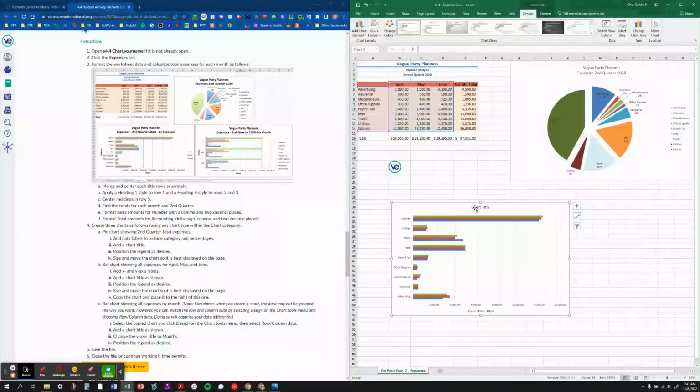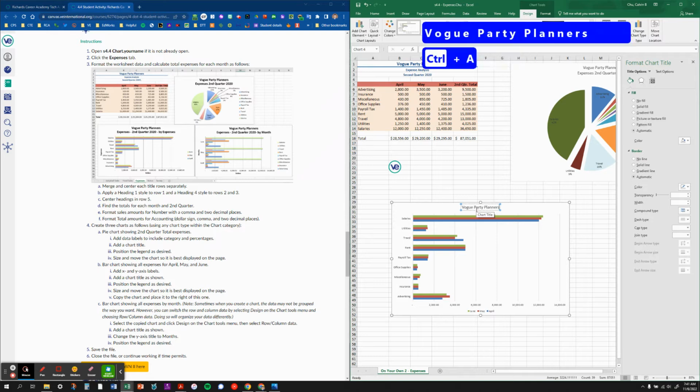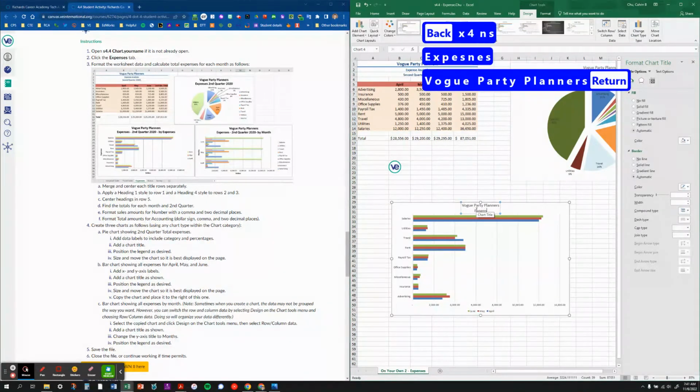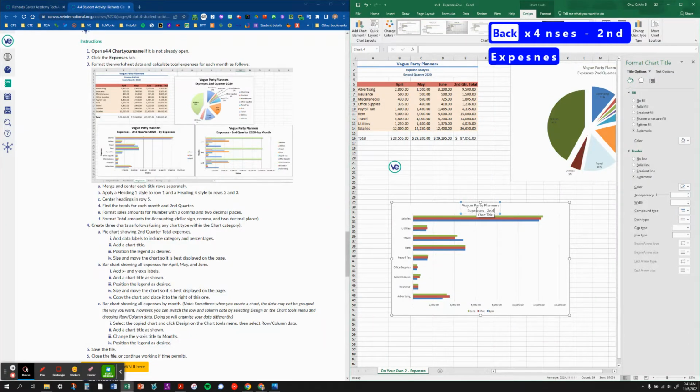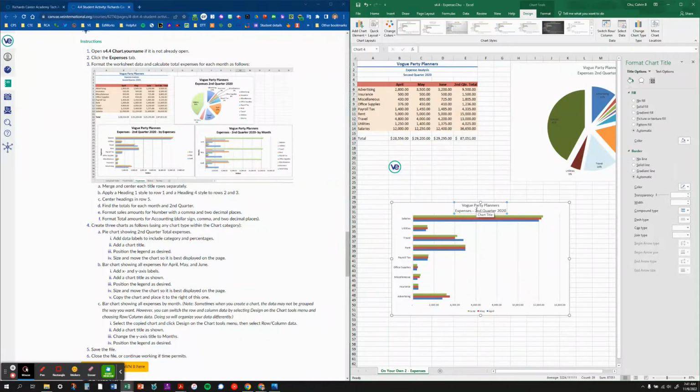Okay, so let's do chart title. Vogue Party Planners. Expenses, second quarter 2020. And this one's by month. Okay,